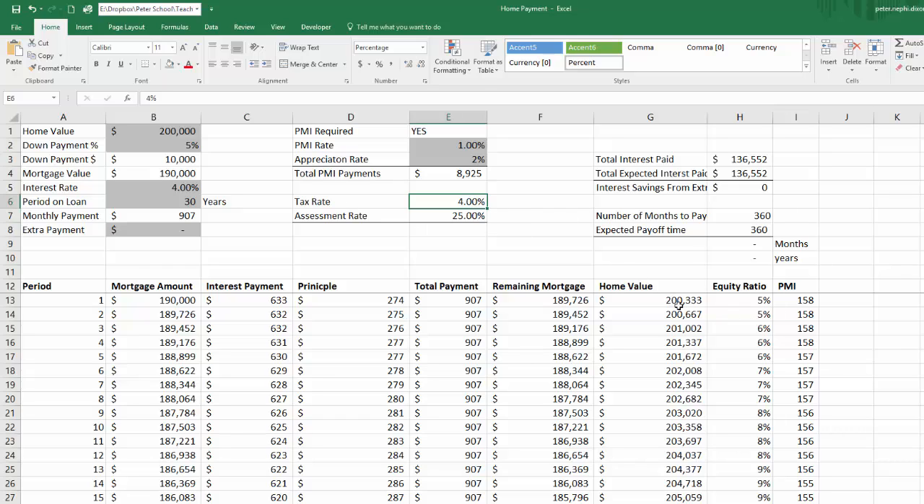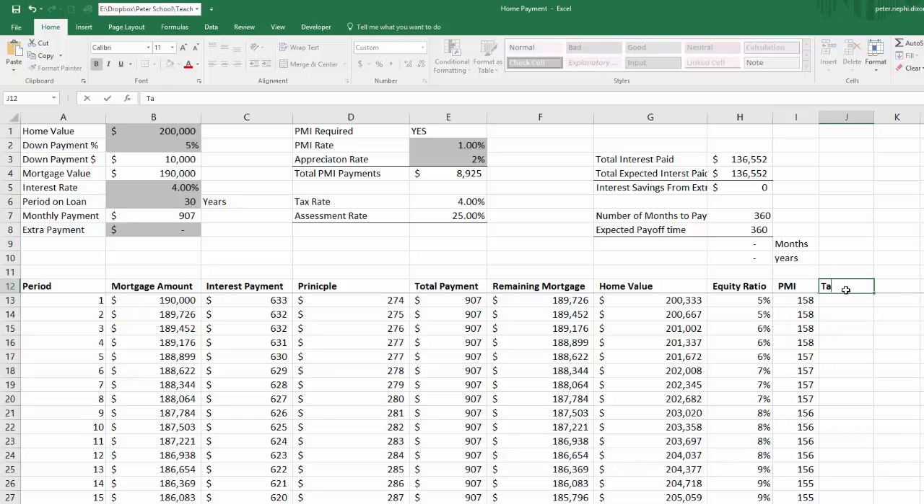So instead of paying taxes on 100% of your home, they say you're only paying taxes on 25% of your home, and then the tax rate that they apply to that 25% is 4%. So we can calculate our taxes, and that's going to be your annual tax rate. So our taxes are going to equal the home value